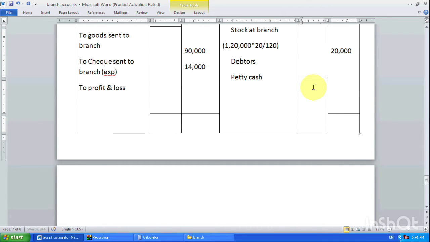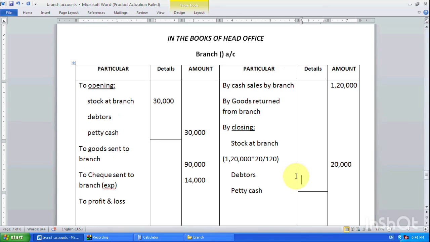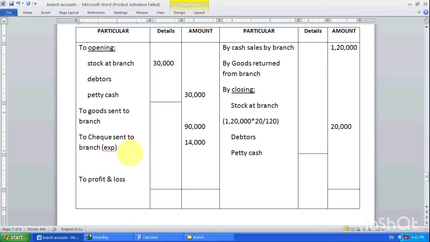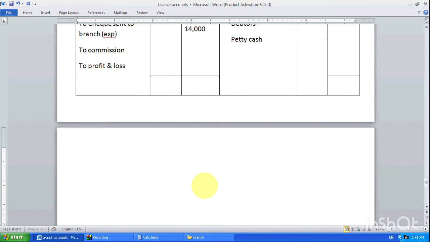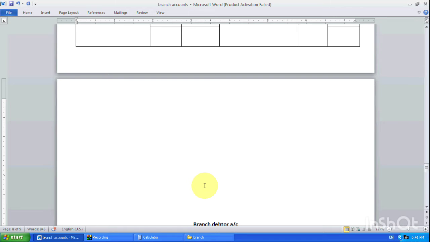Now calculate profit and loss. Before calculating profit and loss, we have to calculate manager commission. So for that purpose, right here, 5% is the commission. How can we give commission? Commission 5% before profit and loss. So first let's check how much amount we are getting. On that figure, we have to give 5% commission. So write calculation of commission to manager.